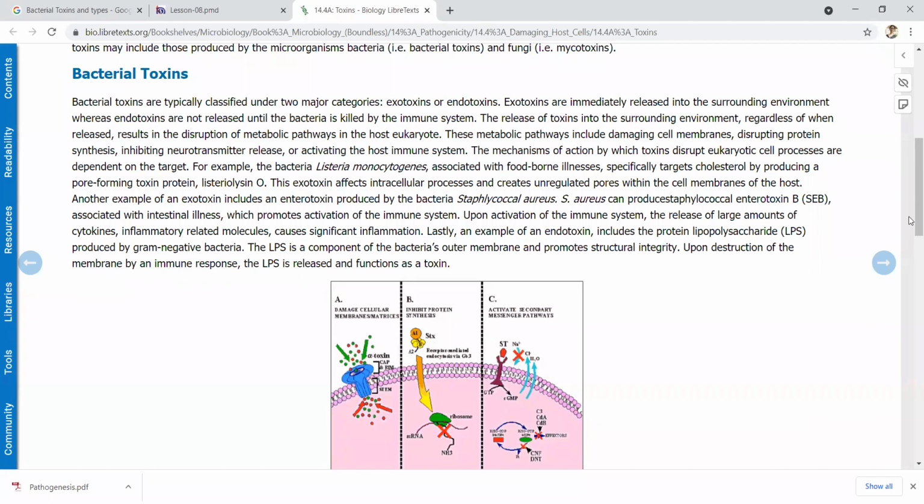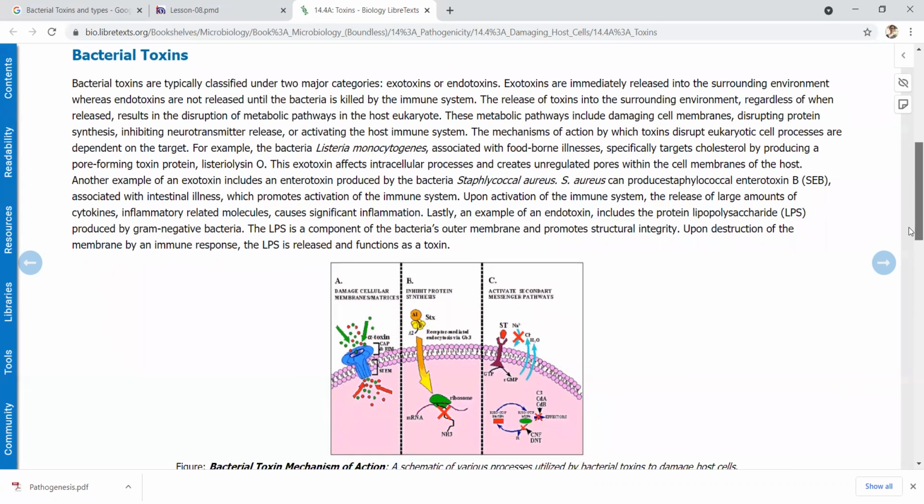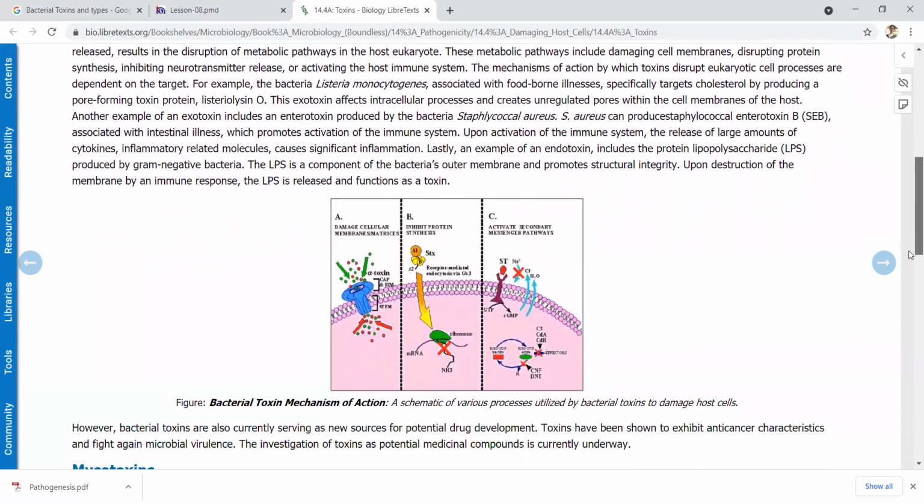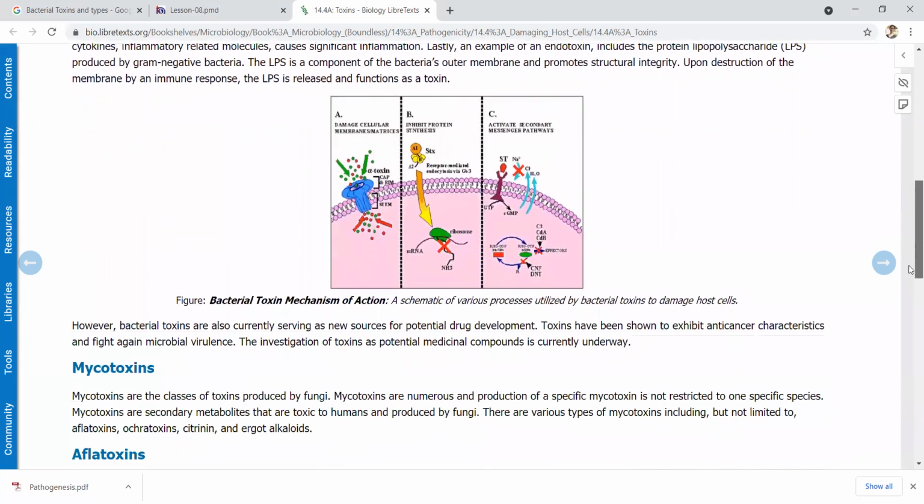There are many bacteria that release toxins in the food, and when you eat unhygienic food, those toxins enter your body through the food, and then they cause food poisoning. You will be studying those bacteria in detail. So this is an idea about toxins. These were bacterial toxins.